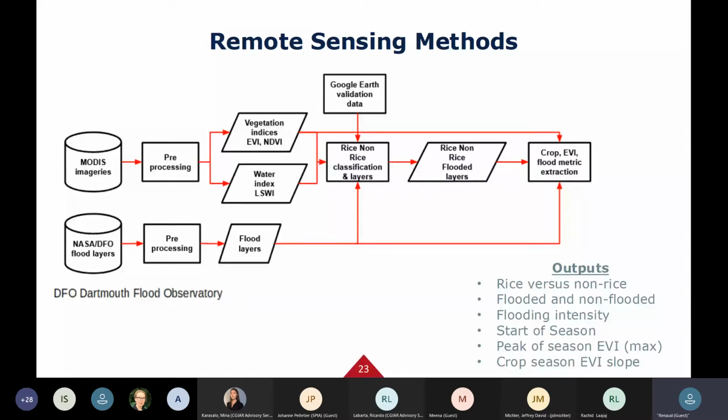And the last one was to derive for this area a number of metrics, especially in terms of phenology, post-flood phenology, or during season phenology, looking at peak of seasons, vegetation index, looking at flood metrics, which could be then related with the information that we have on seed